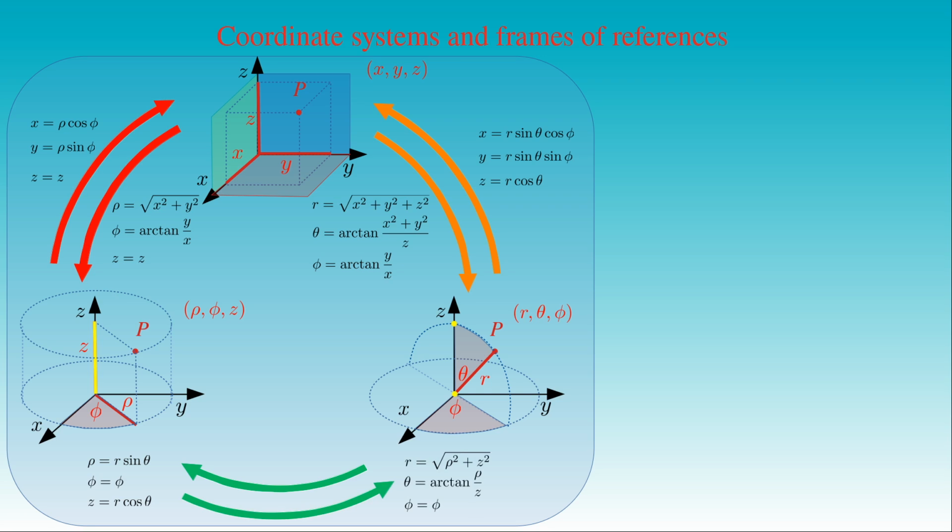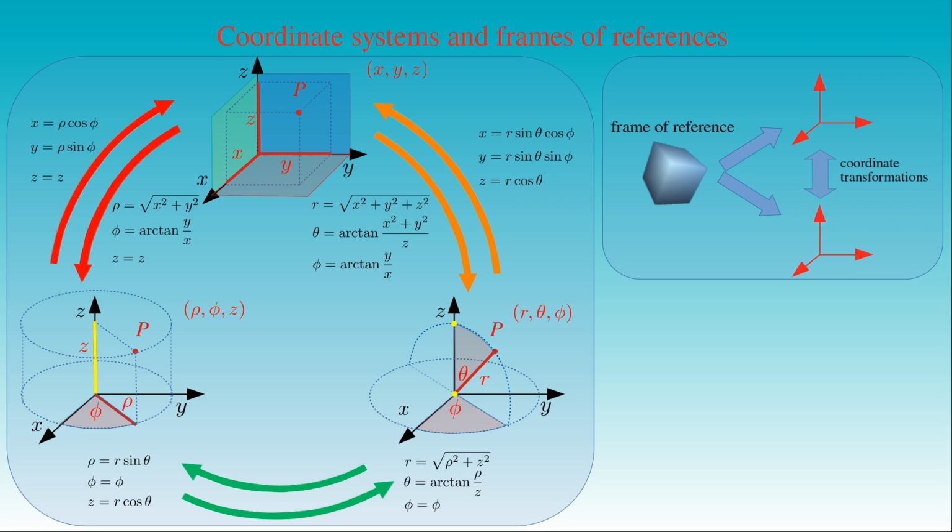Here we also need to stress that there is a clear distinction between frames of reference and coordinate systems. If we pick a frame of reference, we can attach an arbitrary number of coordinate systems to it. Here we use two of them with the same origin and orientation. Then we can apply any of the coordinate systems to determine the position of a moving body with respect to the frame of reference. We only need to use coordinate transformations between these coordinate systems to describe the position of the body in another coordinate system.